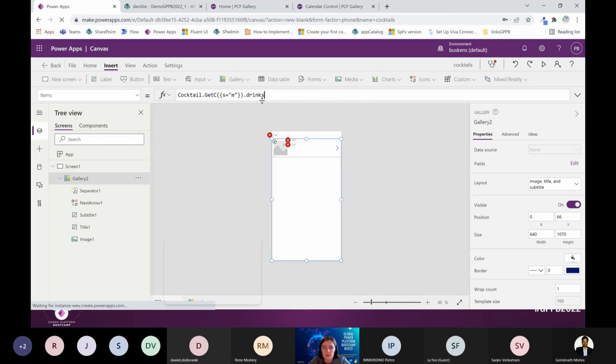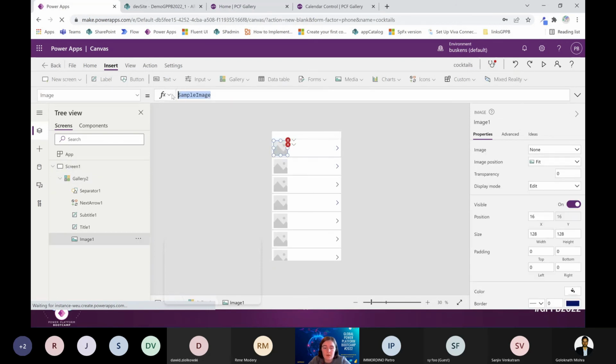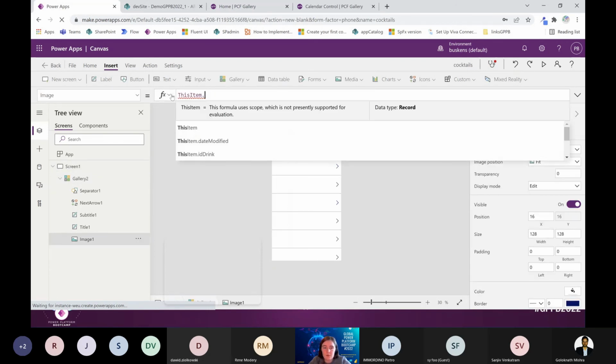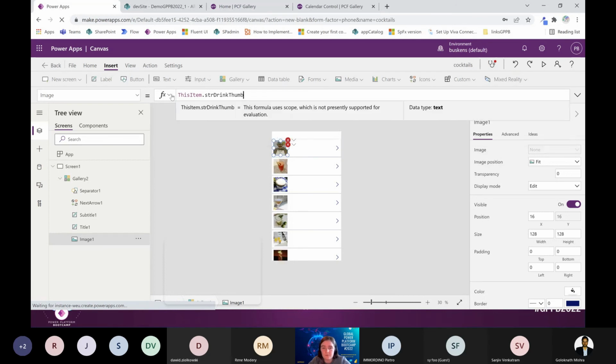Dots. It's a double point. So now we can say this item dot thumbnail,